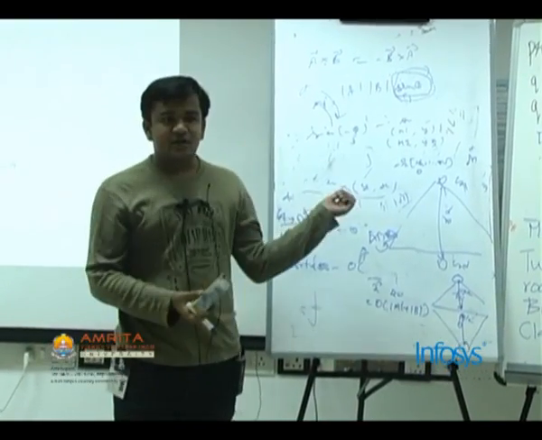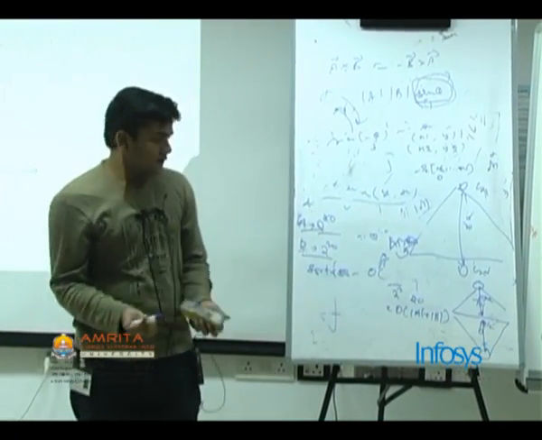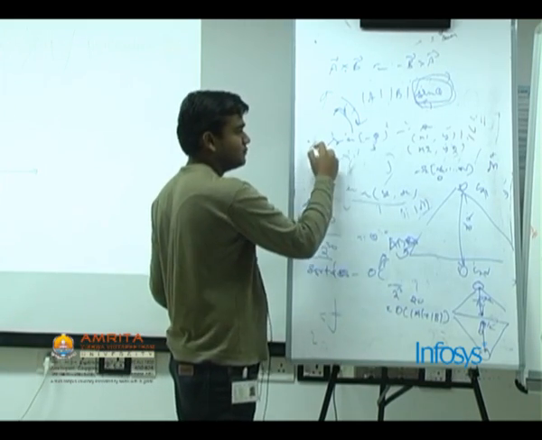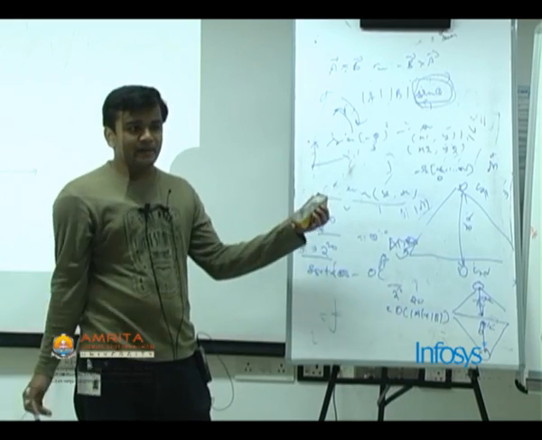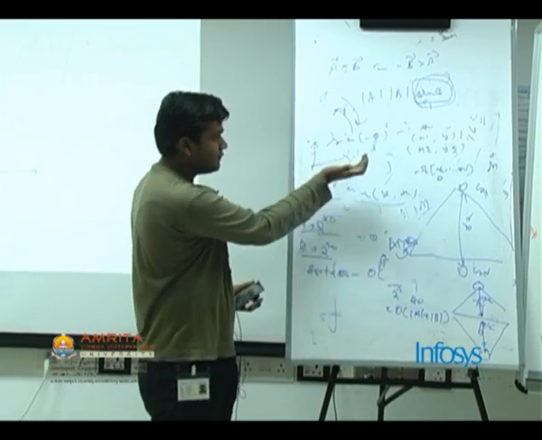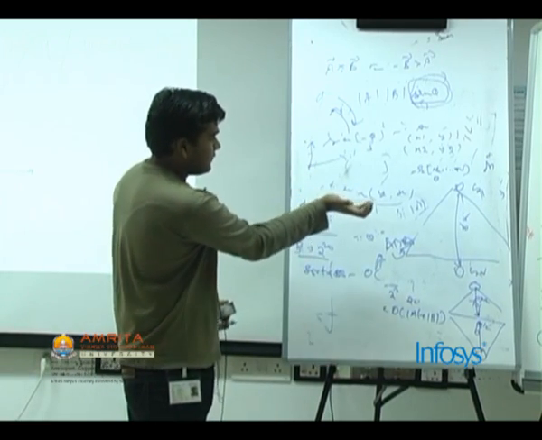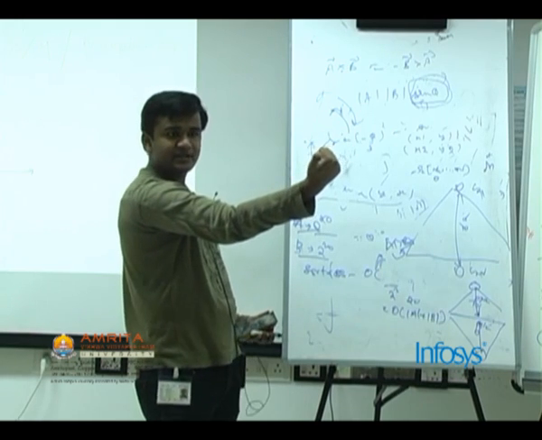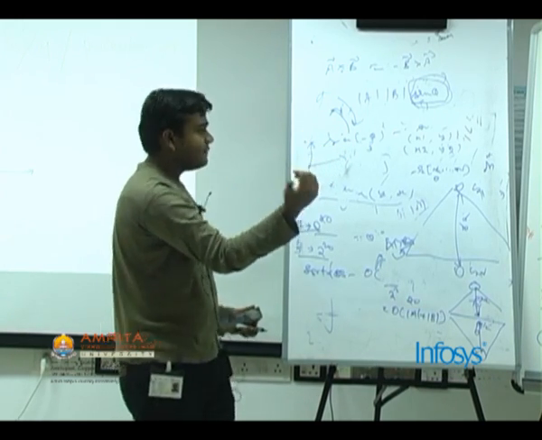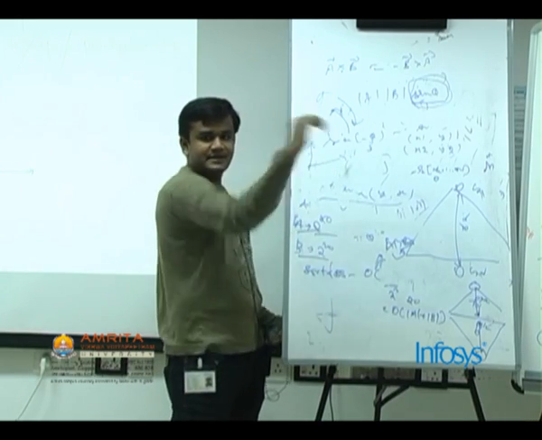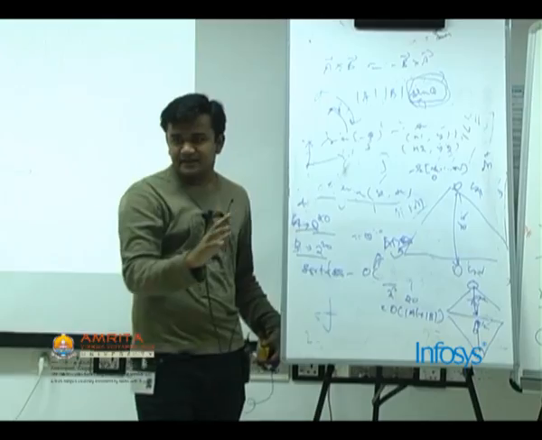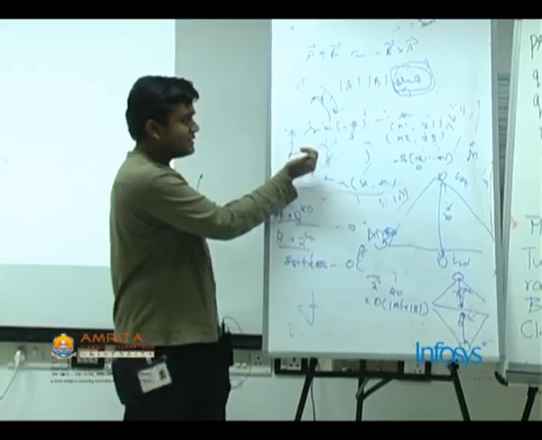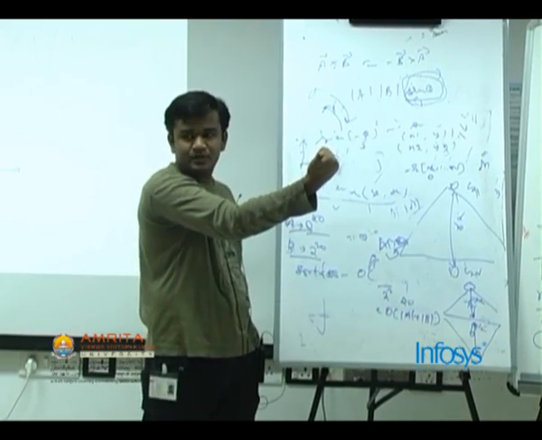Now the next thing is the direction of the cross product. The direction of the cross product is given by the rule that if you have two vectors, let's say in a 2D plane, then the direction of the cross product will be from vector A to B. If you put your hand like this, the forward direction is the direction of the cross product. Similarly, if you do B cross A, this is the direction of the cross product. So essentially they are reverse of each other, right? And it is perpendicular to both vectors A and B.